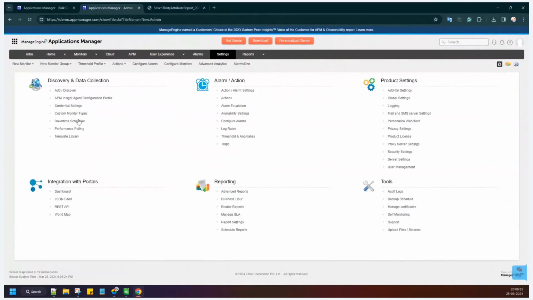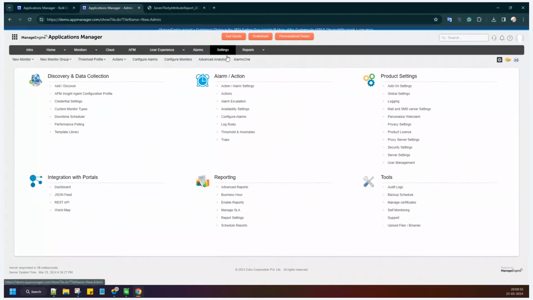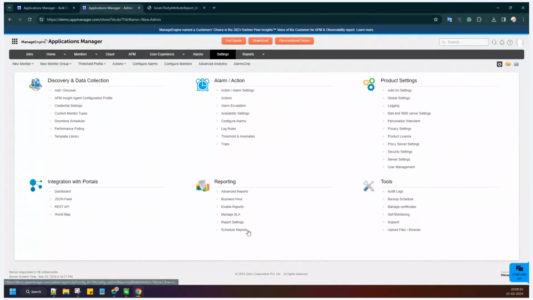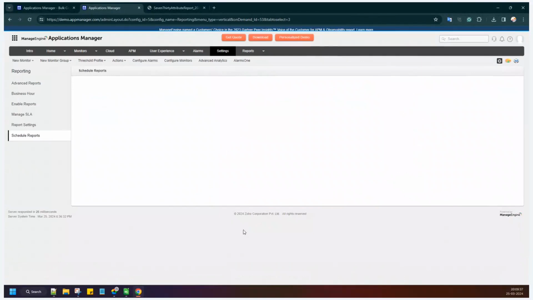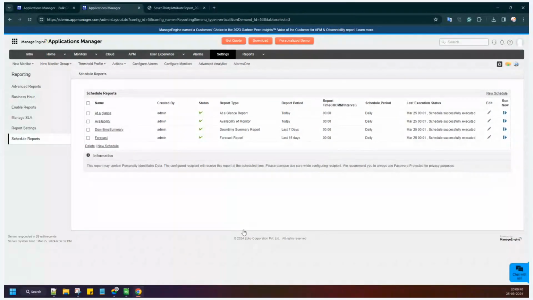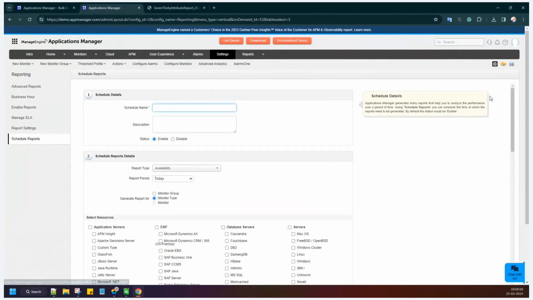When it comes to the scheduled reports, just go to settings. Under settings, under reporting, we have this option, scheduled reports. When you click on the scheduled report, instead of manually generating the report and sending it to team members, we have the scheduled report option. You can select the report type and the time period of the report that you want to get generated. And this particular report will be generated and automatically sent to particular team members